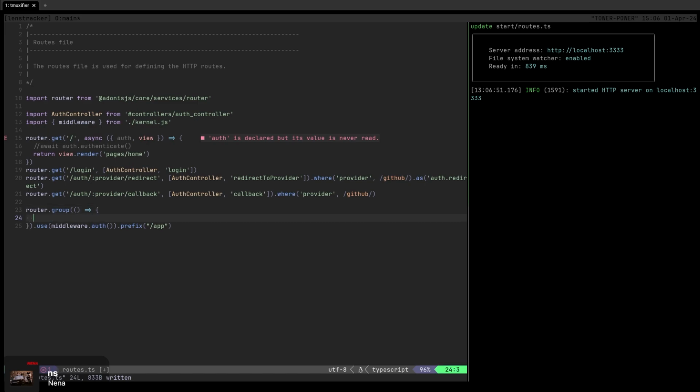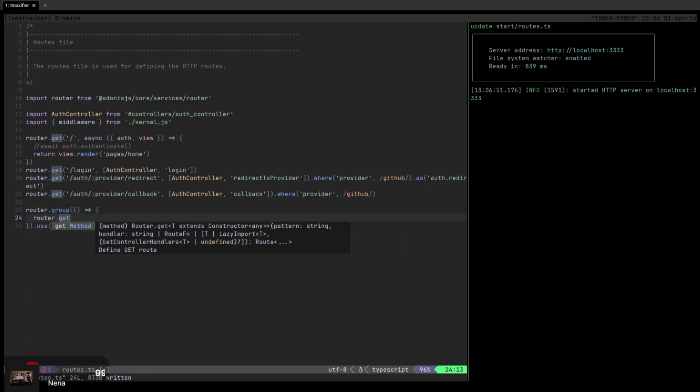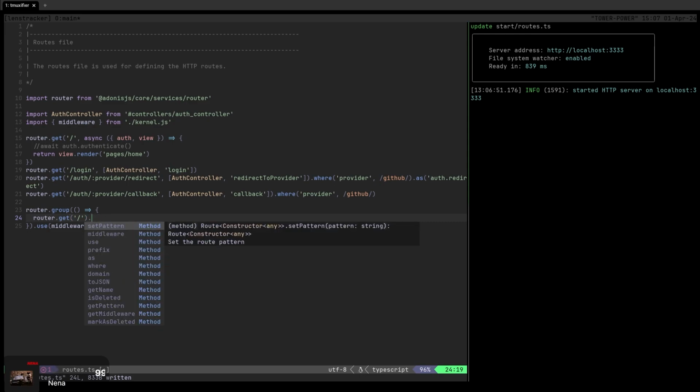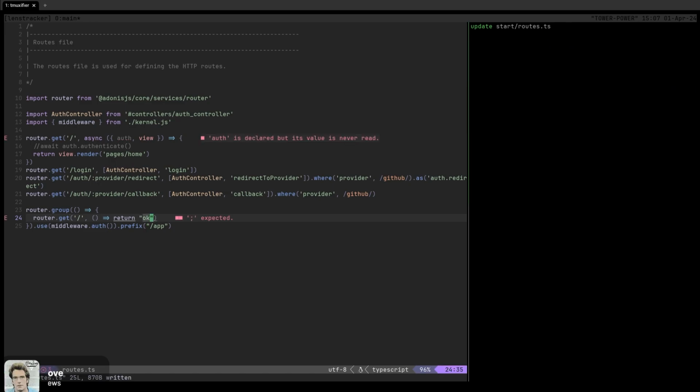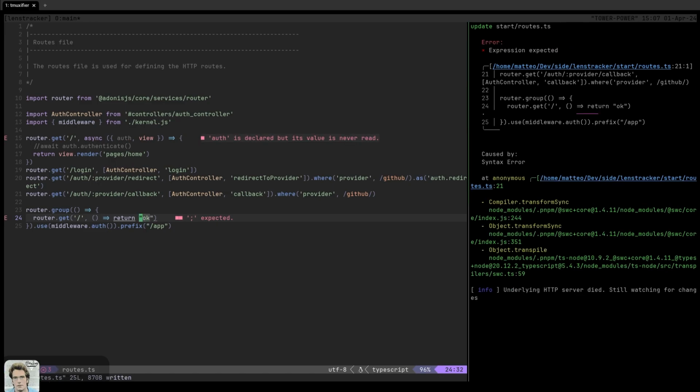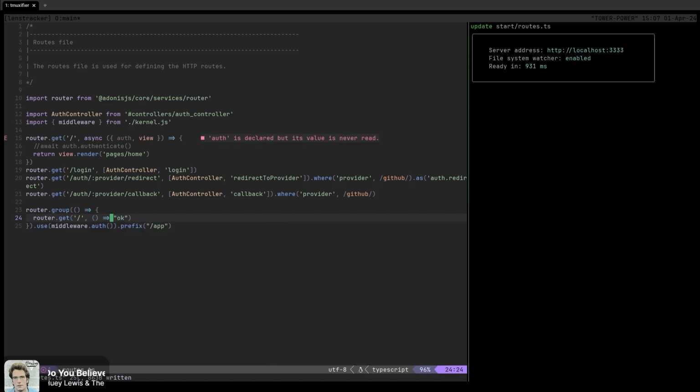And we can test this by saying router.get / and then .send, and we can just have a function that returns okay. I mean, this is unnecessary. Okay, so